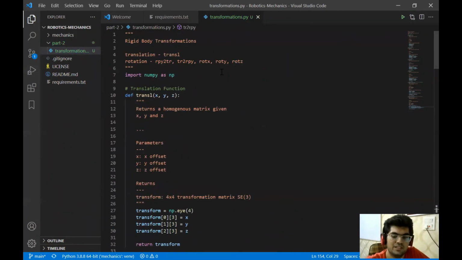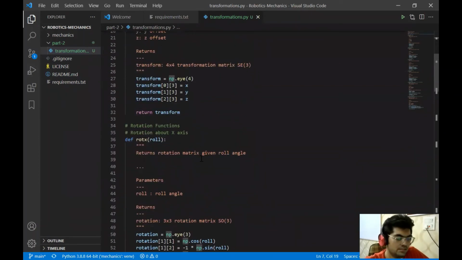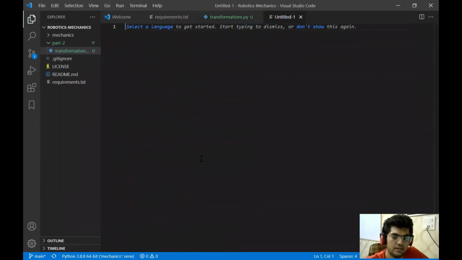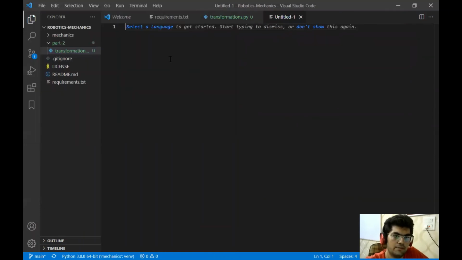Okay, so we are done with the functions that we intended to do. Now we can actually test if they work. Let's just name it main.py.